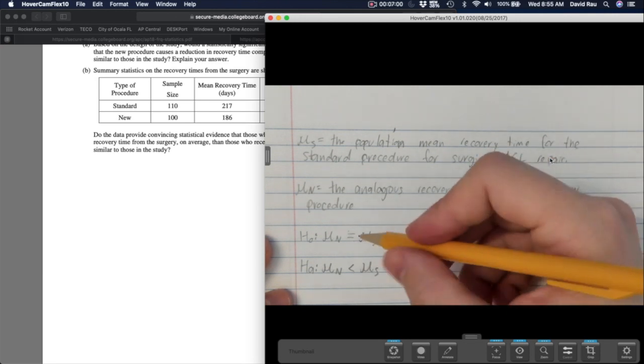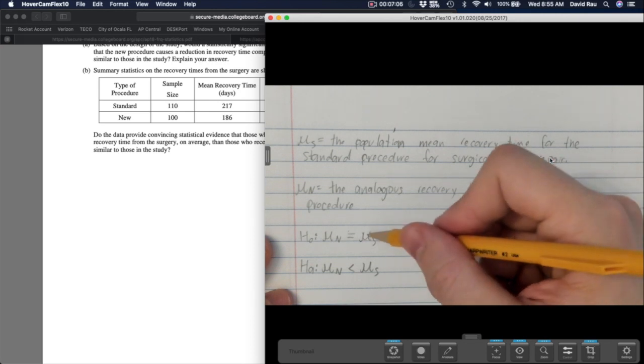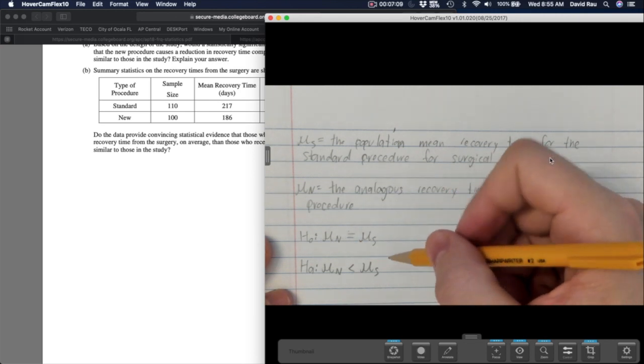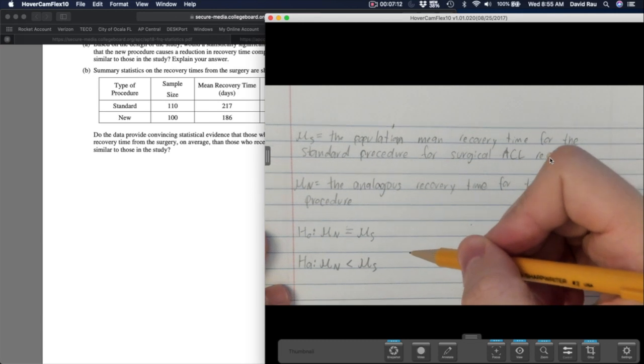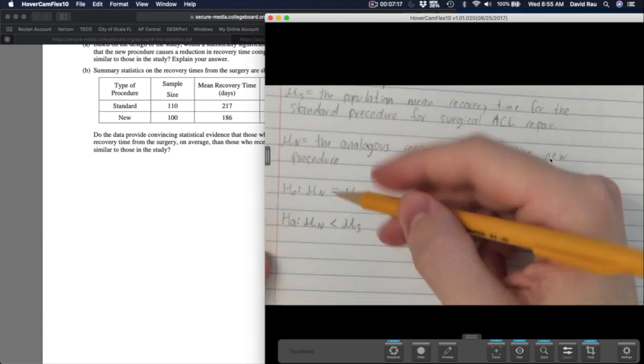So there we go. Now, other ways you could write this is mu of n minus mu of s equals 0. You could just move this to the other side and now it would be solved for 0. But both of these are technically correct. So we have our definitions, we have our hypotheses, and we are going to do a